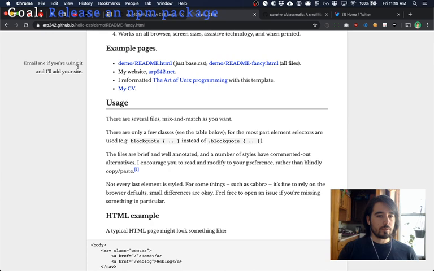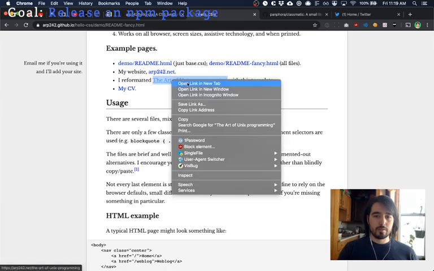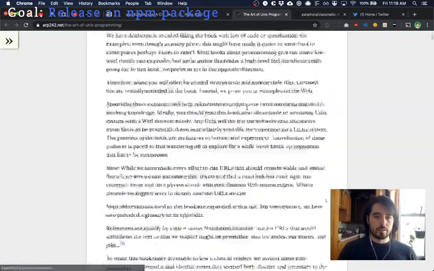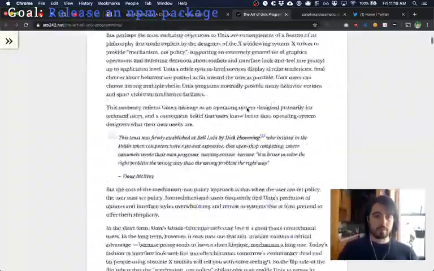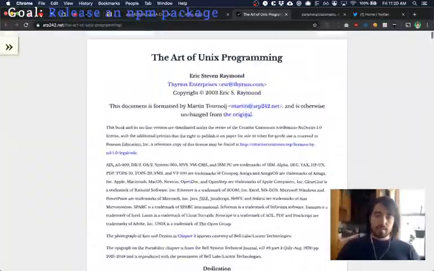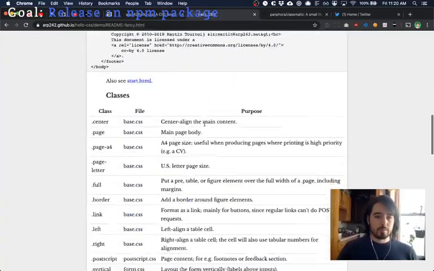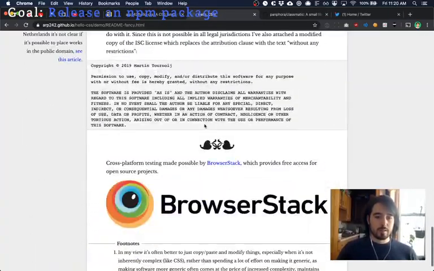Email me if you're using it and I'll add your site. Oh, that's cool. Oh, the Art of Unix Programming. Oh, he reformatted it. Yeah, this is super nice. Jeez. Okay. So I think what I could do is just make a website with this, and then how do